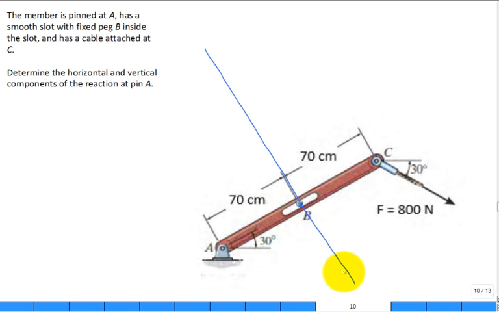I also have a line of action for the 800 Newton load applied at the end. And we just calculated what the reaction is: AX is 0 and AY is negative 800 newtons. So along that line of action of AY,